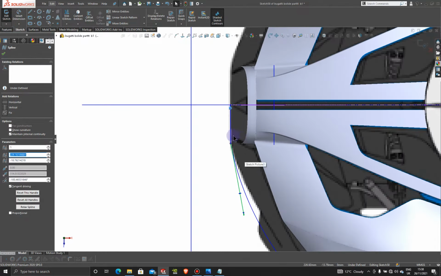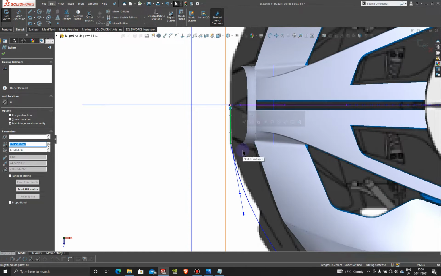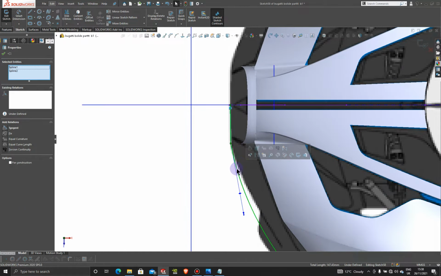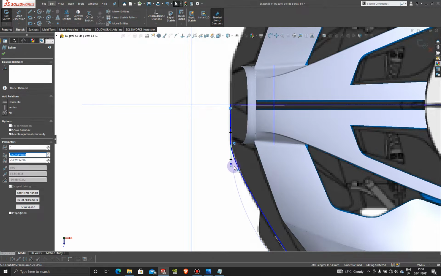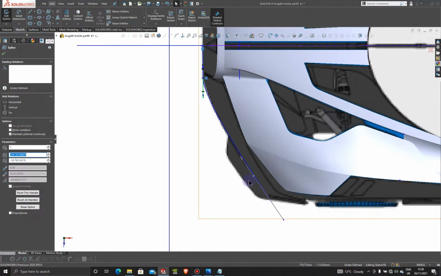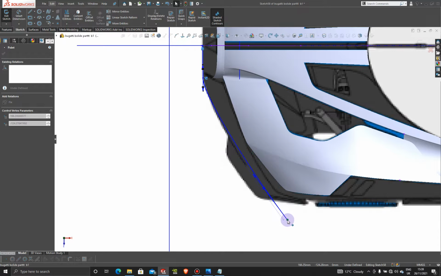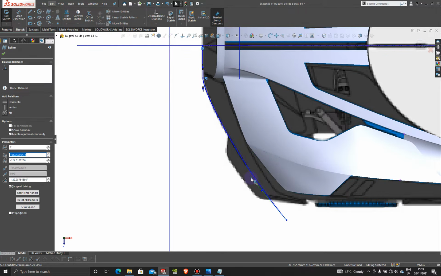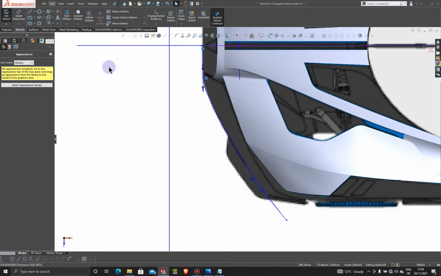And we can also do something like click on this line, hold Control, and click on this line, and make that tangent. And we just pull that in, and that will create that surface for us, what we're looking for. And we can play with this a little bit here, and then pull this up here. Okay, and then